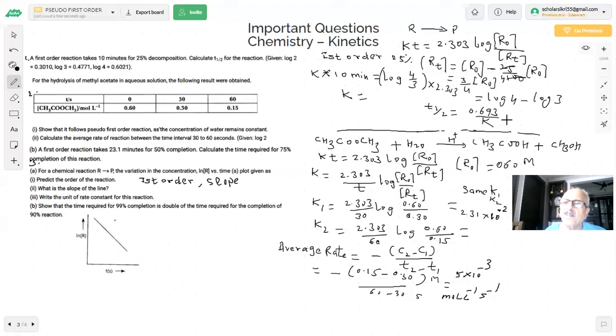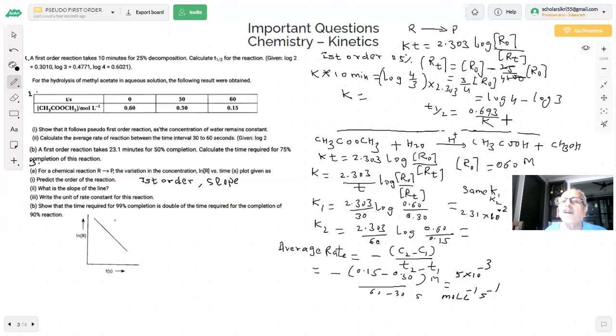You have made one mistake now. That was the catch. Now I gave you time. Again, think of the answer to this question. The graph is between ln R and t, not log. This is not log. There is a difference between ln and log.